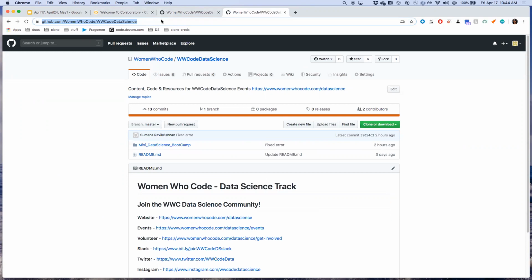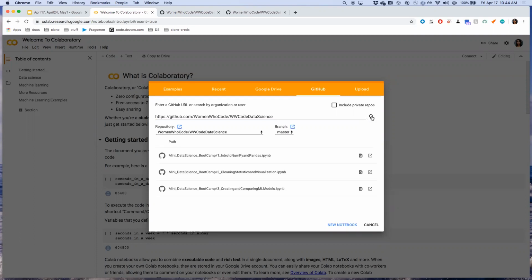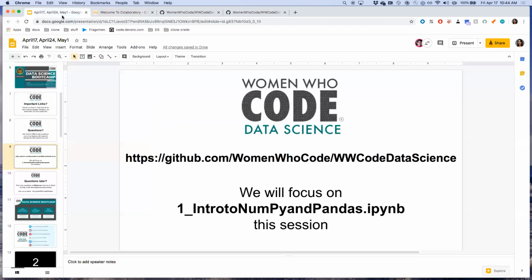Once you have this URL through the chat or through your Google search, you want to enter this URL in the search bar that's given and hit search. Do not just leave it as is. You need to hit either enter or search for the search to actually happen. Once you do that, it searches through there and pulls up all the IPython notebooks available in that repository. Then if you go back to the presentation, we will mention which one we are focusing on. They're also numbered so that you know based on which week you're on, which one you will be working on. In this case, we're going to be doing the intro to NumPy and Pandas Python notebook first.